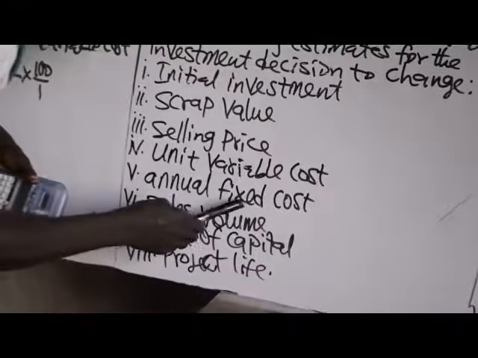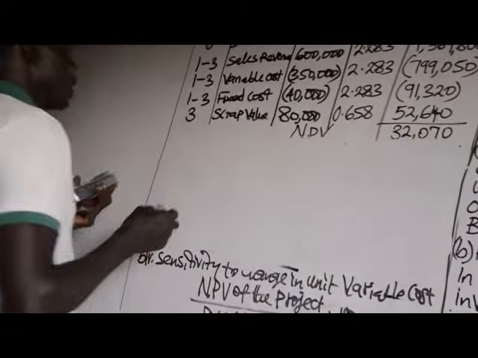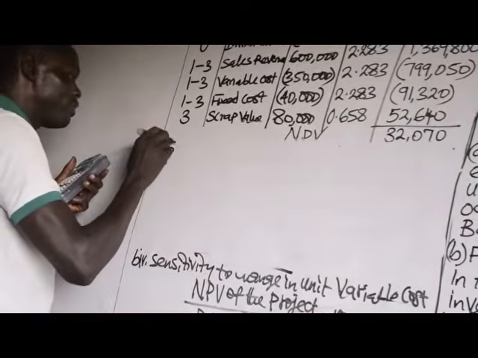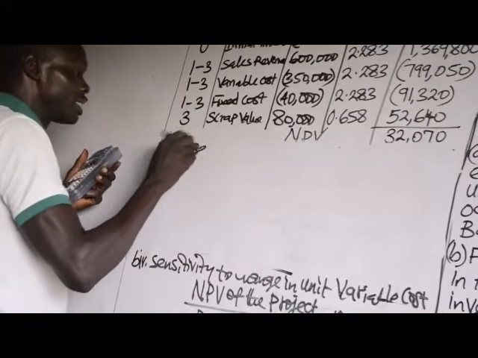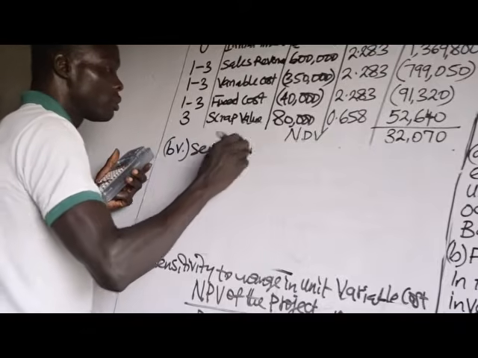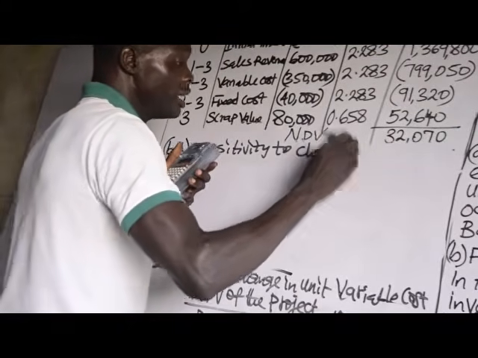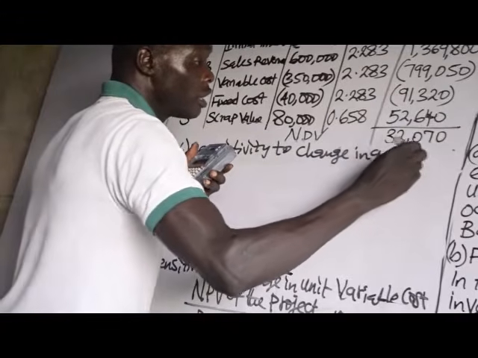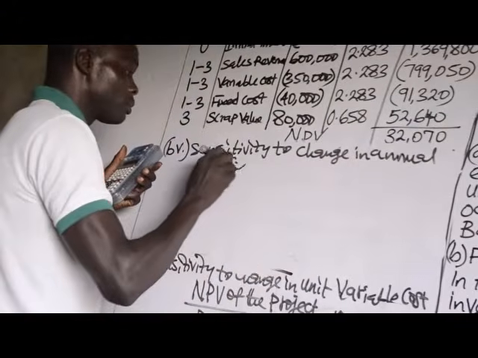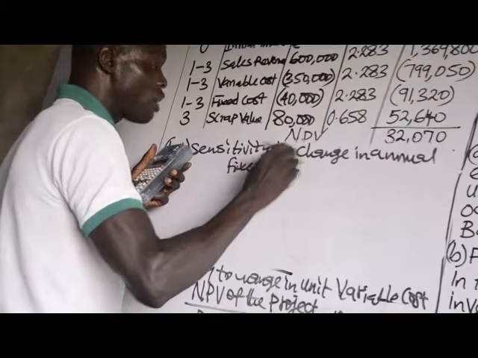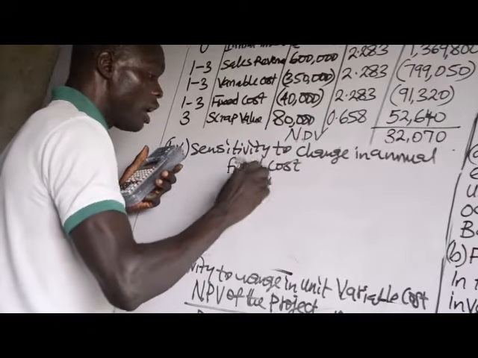B5, sensitivity to change in annual fixed cost. That will be the NPV of the project